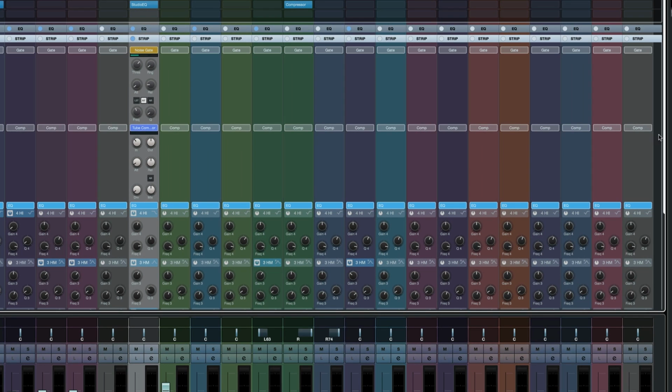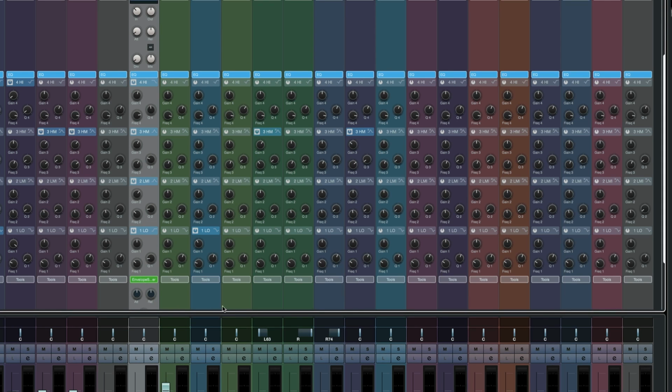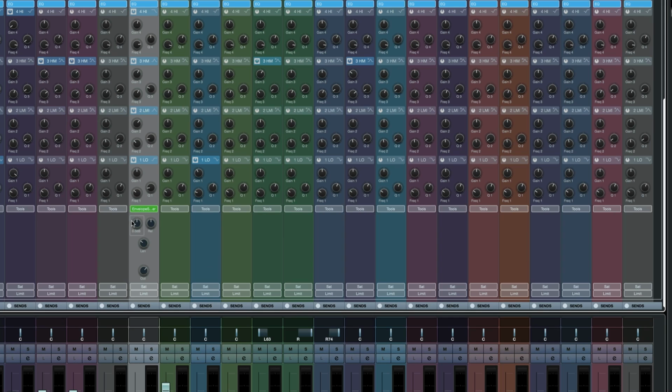So I'm just going to keep scrolling down, which I can do right here. You've got some tools available to you, like a de-esser for vocals or an envelope shaper, which is really helpful if you want to shape your drum sound. You can do a harder attack, a lower release, and the sustain is going to be longer. So there's a bunch of stuff that you can do right from this channel strip section of the rack.